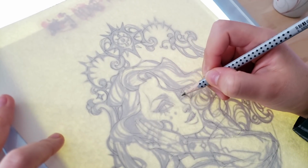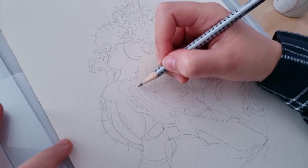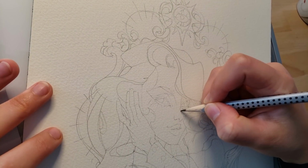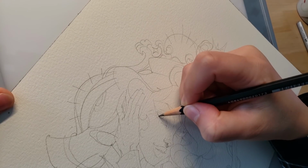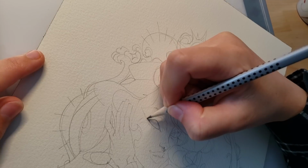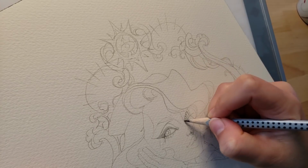But yeah, so I was kind of working in a bit of a trial and error way with transferring the sketch, not this particular one, but so basically I sketched this one and the other portrait, the one of Zero, the one that I haven't posted yet. I sketched them at the same time, and I did print them out and transfer them onto paper at the same time as well. And I started with the Zero one, and I was feeling super rusty, and it took me forever to transfer it onto the paper, but I quickly remembered what the proper way of going about it is. And so when I moved on to transferring the Sweet sketch, which is what you're looking at now,